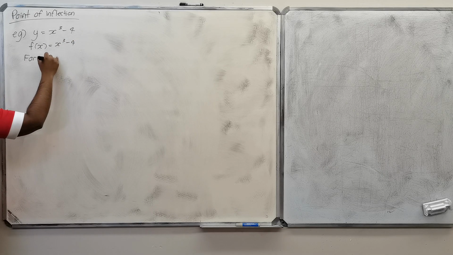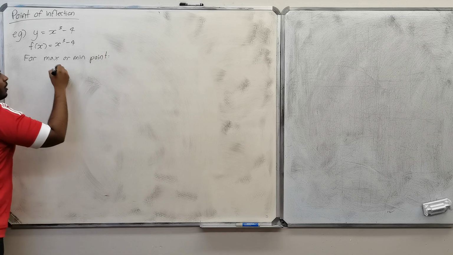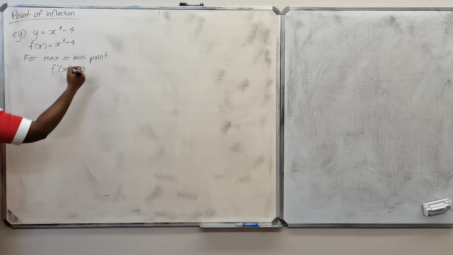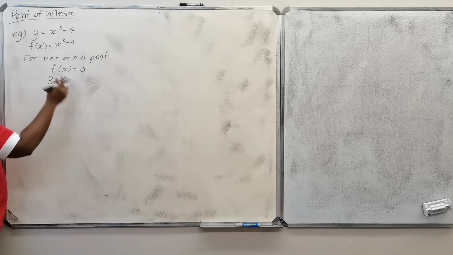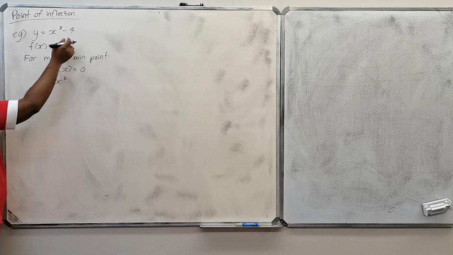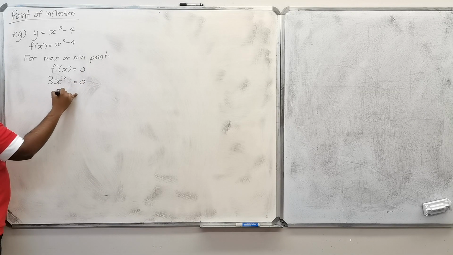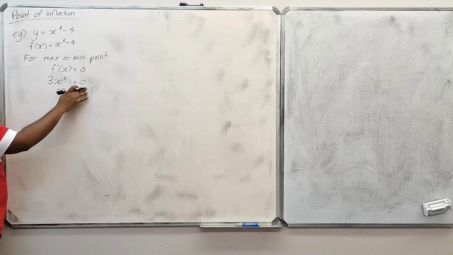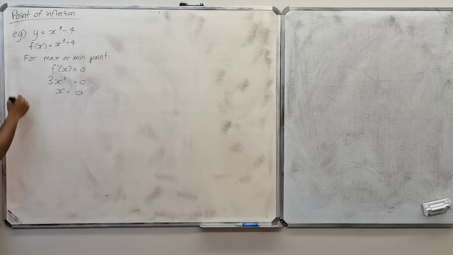For a maximum or minimum point, your f prime x, or your first derivative, must equal 0. Derive the equation. It's 3x squared. X cubed gives 3x to the power 2, and the derivative of a constant is 0. You let it equal to 0. X will be equal to 0, because you divide by 3, which is 0, and you square root 0, which is 0. Now, to get the turning point,